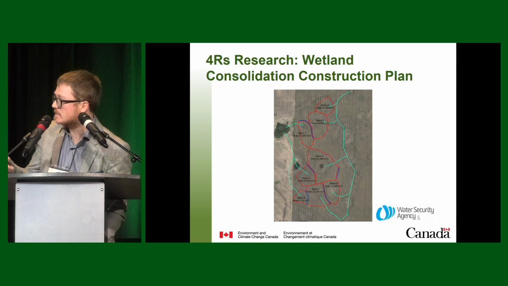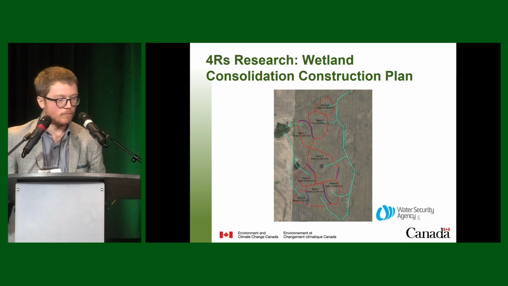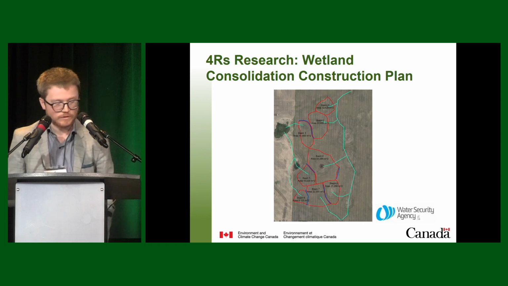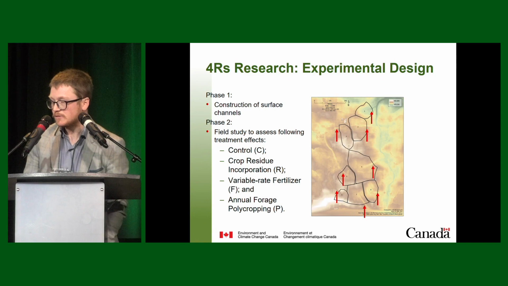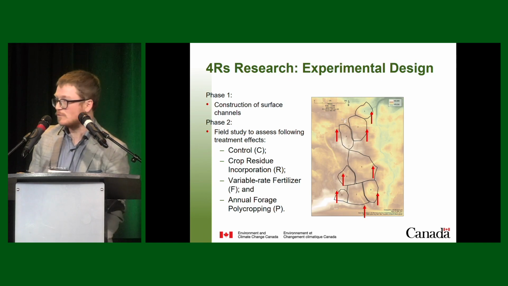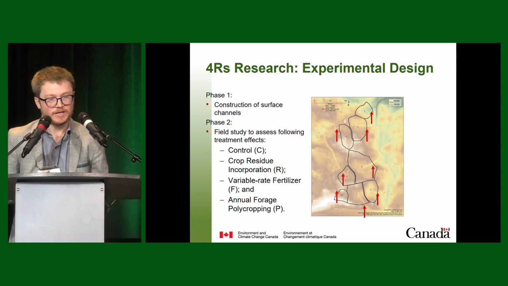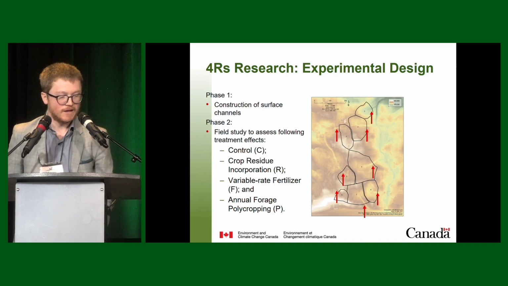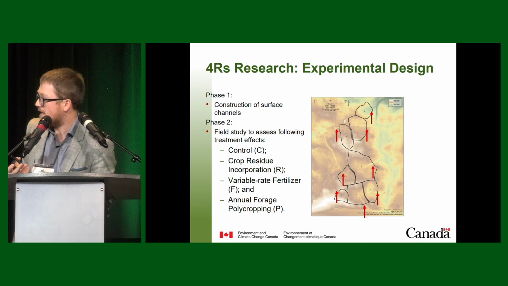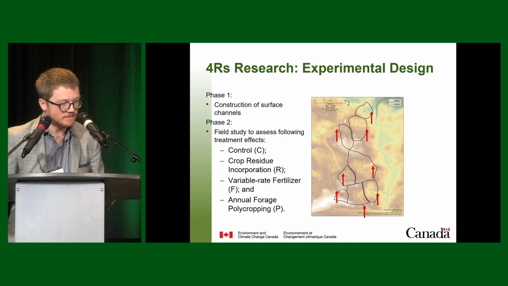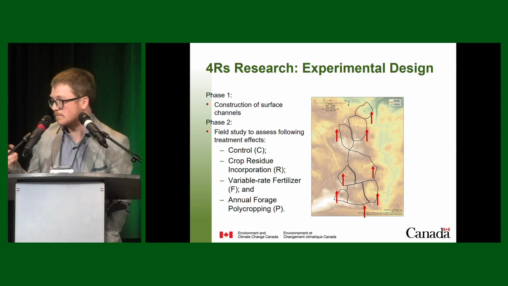So the 3 basins on the west side channel runoff water into that wetland, and the 5 basins on the east channel the water to an approved adequate outlet. Once the construction was in place, we have an as-constructed image looking at LiDAR data, and you can clearly see the location of the basins, of course, overlain on top of that, but the surface channel locations highlighted at the locations of those red arrows.